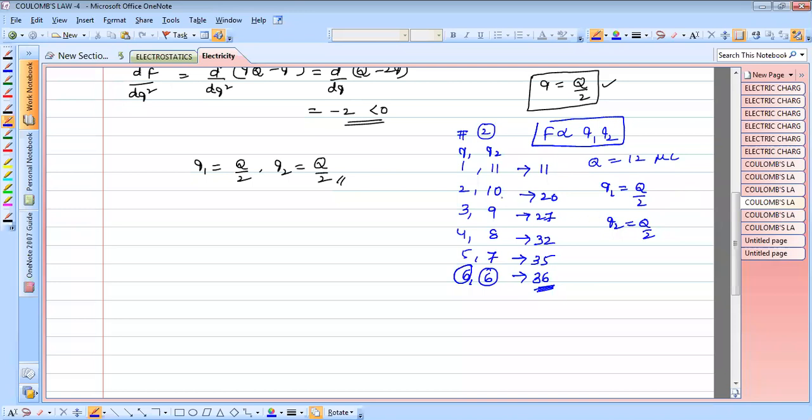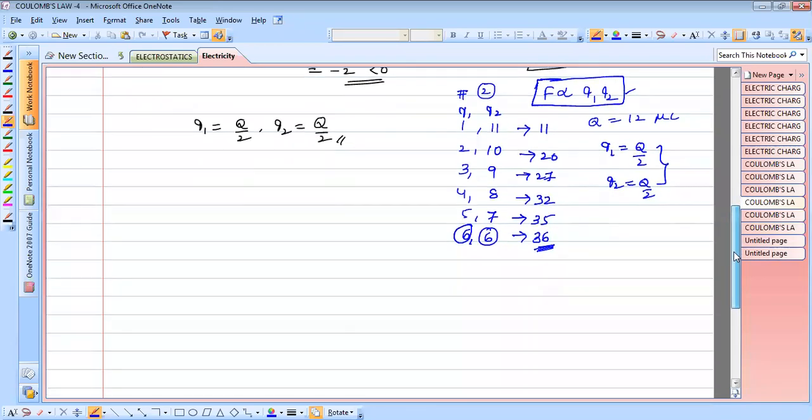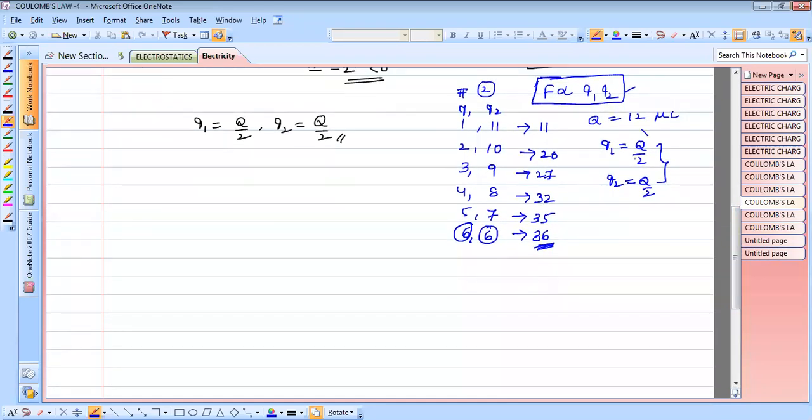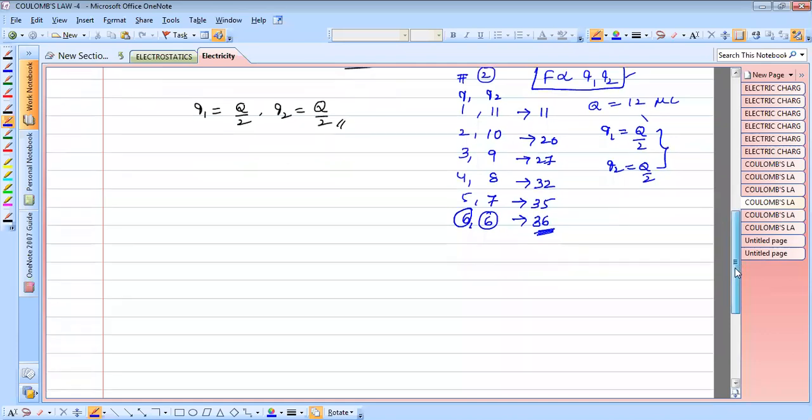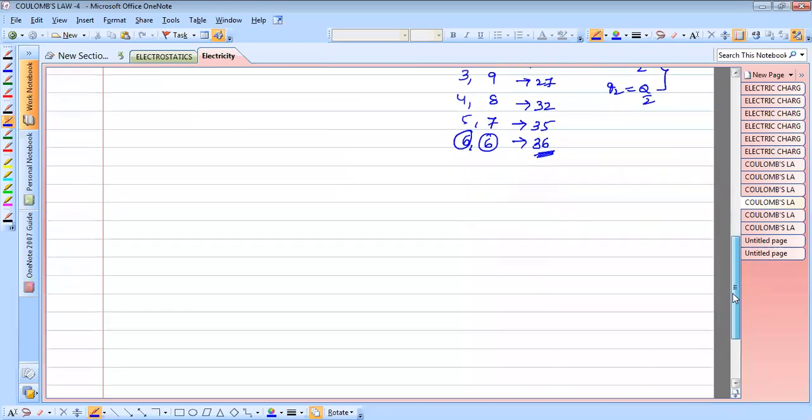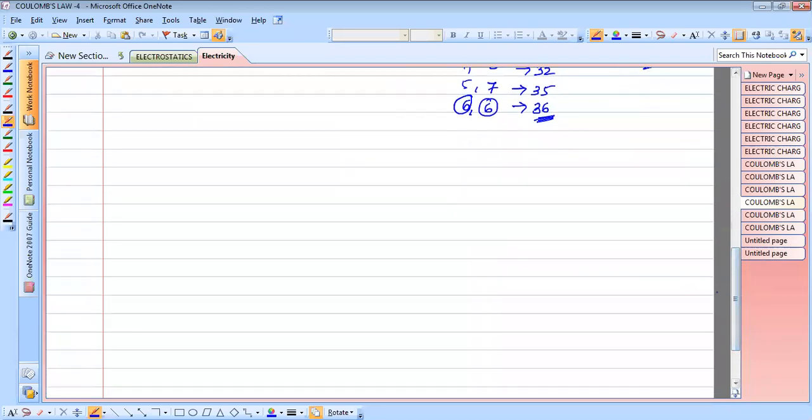This is a general conceptual understanding. The force is directly proportional to the product of the magnitudes of both charges. So if you understand this clearly, then you can easily solve this numerical by taking the general approach. Now I move to another important concept here. What will happen if the space between the two charges is filled with something other than air?